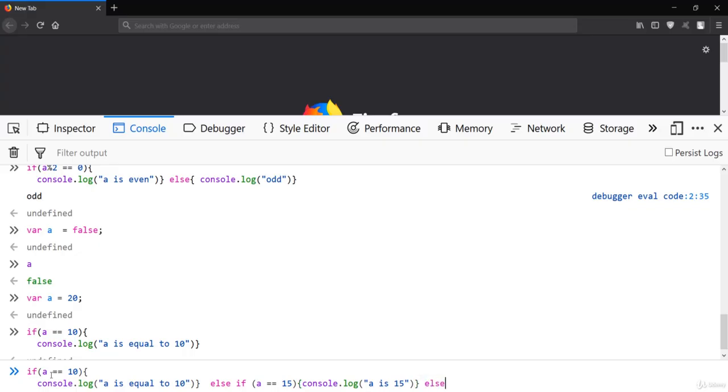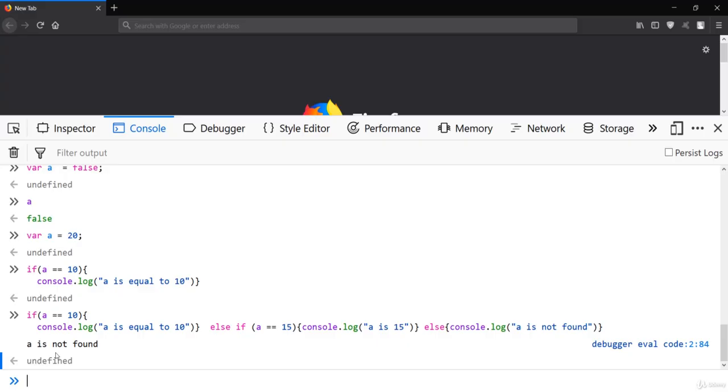So the last would be else, and I'll just pass here console.log, a is not found. So obviously a is not found will be printed because a is 20.